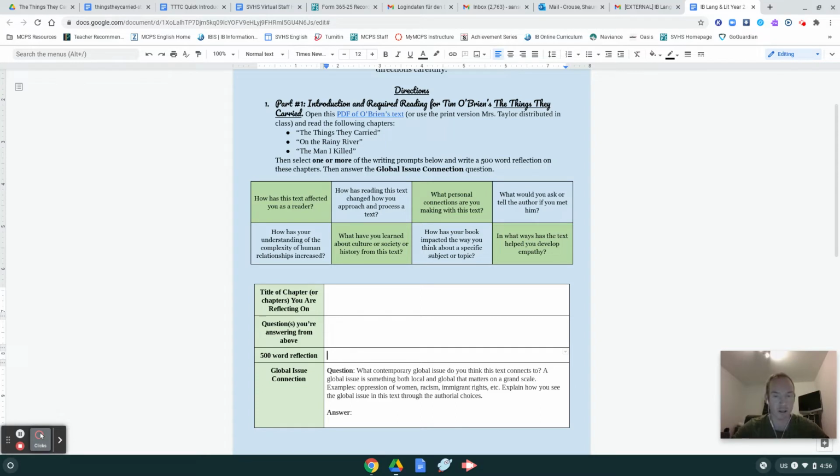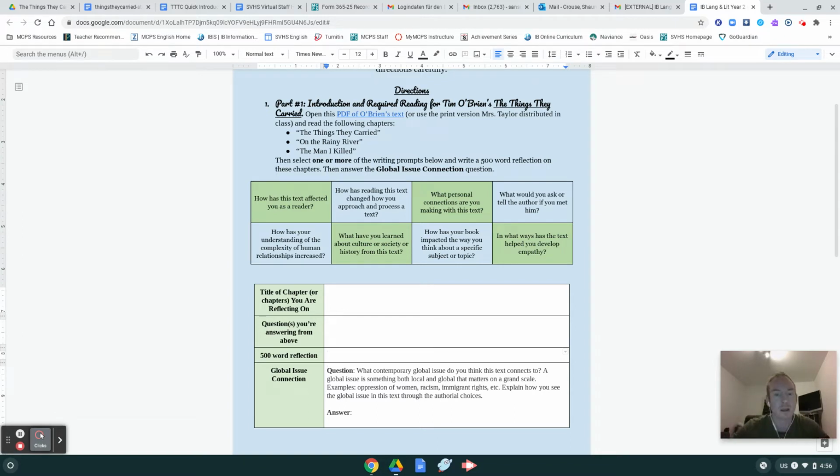Some examples may include oppression of women, racism, immigrant rights, etc. Explain how you see a global issue in the text through the authorial choices, right? Through the use of, let's say, literary devices, or through the use of certain dialogue. Choosing to include, let's say, a particular conversation instead of just narrating about it, or vice versa,